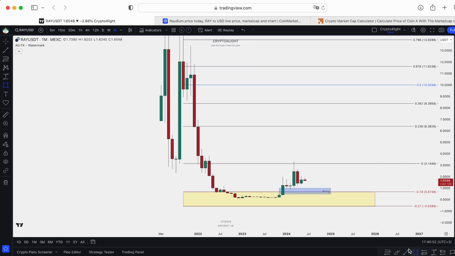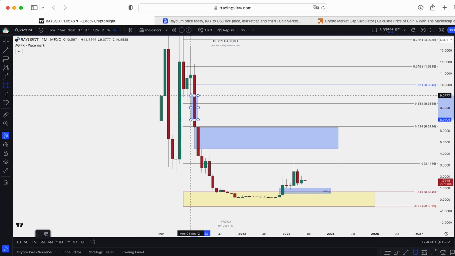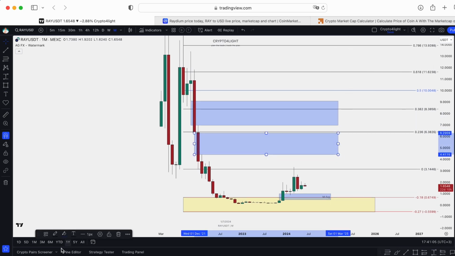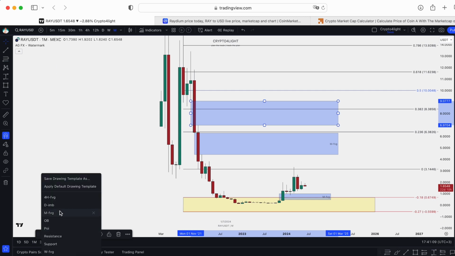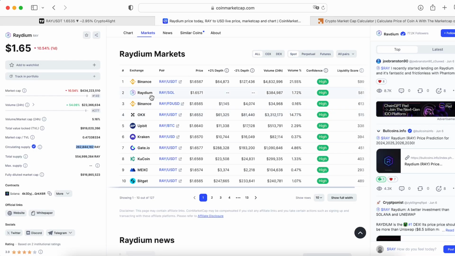If we see Bitcoin dominance start going down, money starts to flow into alts. These two monthly fair value gaps are going to be like a magnet for market makers. So let's mark this one, monthly fair value gap and monthly fair value gap. If we take a look at the basic data, first of all, Raydium is traded on